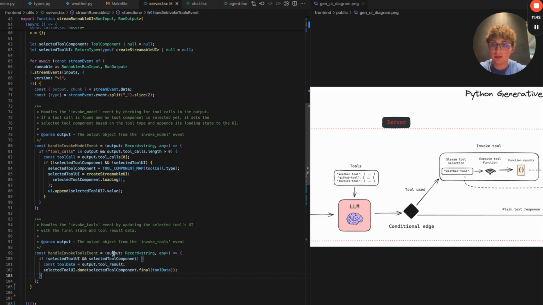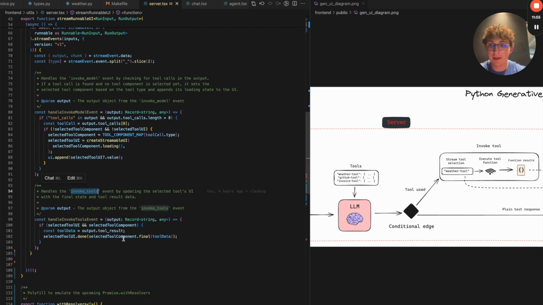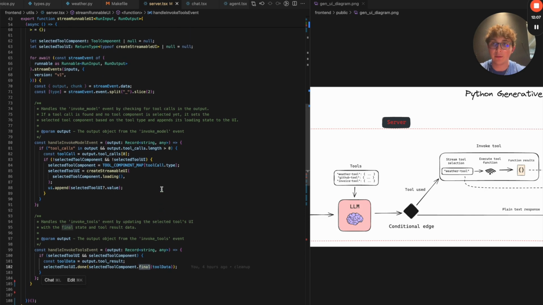So if selected tool UI is true and selected tool component are true, which they should always be because the invoke tool node should never be called until the invoke model tool is called, which we'll see when we implement our Python server, then we're going to want to get the data from the output here via the tool result, and then tool UI.done with the selected component, which we assigned here, and then the final version of that component